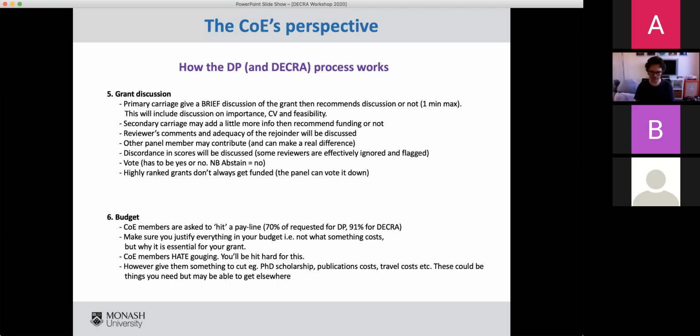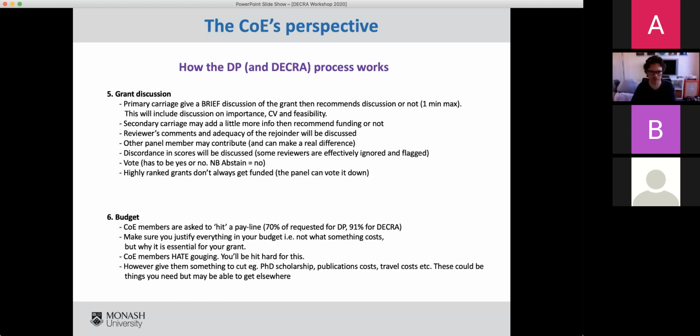You've got to give the college a clear recollection of your grant. You've got to give them a clear message of what you want to achieve and a clear message of who you are and why you matter to get funded, both so that they remember you and think it's great and they want it above the line, but also so that they can use that to convince the panel to fund you. So that's really important.